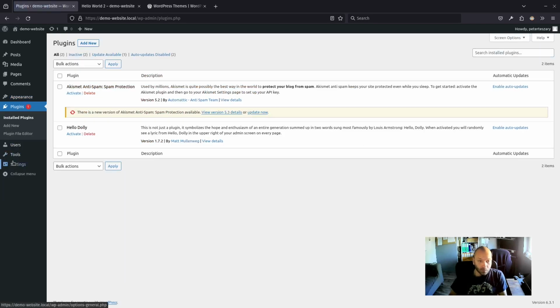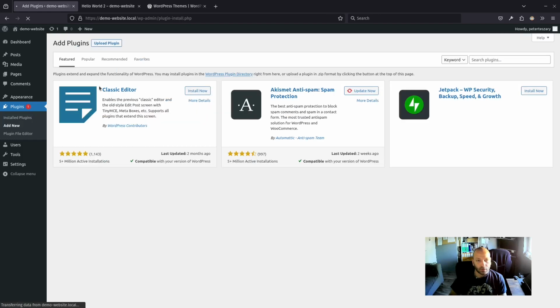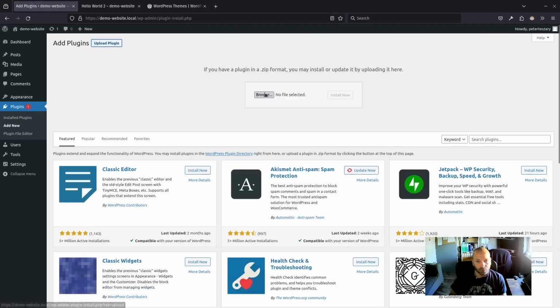Plugins. These little guys give superpowers to your website. Here it works the same as the theme repository works. You can add and delete your plugins, and of course you can add new. You can upload your plugin right here from the computer if you purchased a plugin anywhere else, or you can find